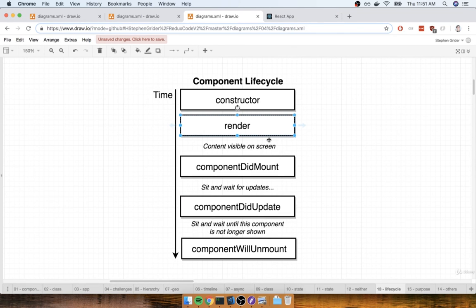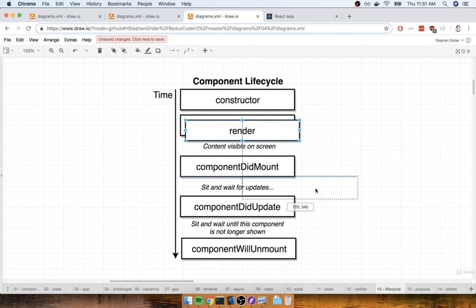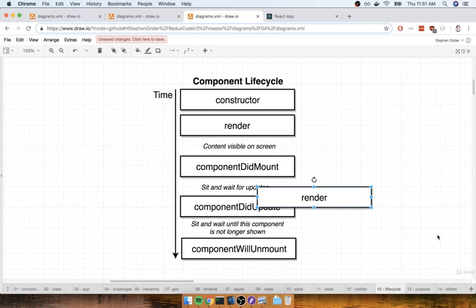Now, one thing I want to mention really quickly here that I did not make tremendously clear on the diagram is that anytime componentDidUpdate gets called, right before it, technically render will be called. So anytime our component updates, the render method will be called, we'll return some JSX that will be shown on the screen, and then right after that, componentDidUpdate will be invoked. So in general, as I mentioned previously, the render method is going to be called many, many times anytime we decide to update our component.